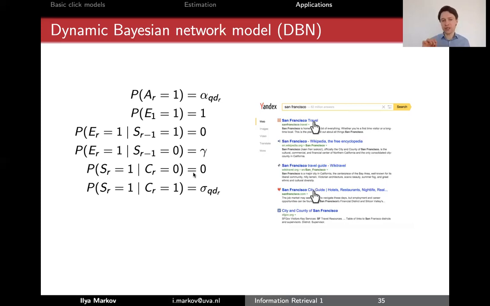We can never be satisfied without clicking. If we do click, we can be satisfied with a certain probability. We call it satisfaction probability. So basically,